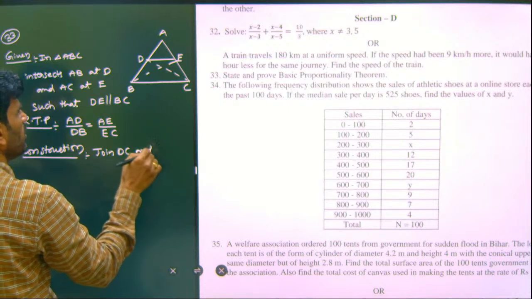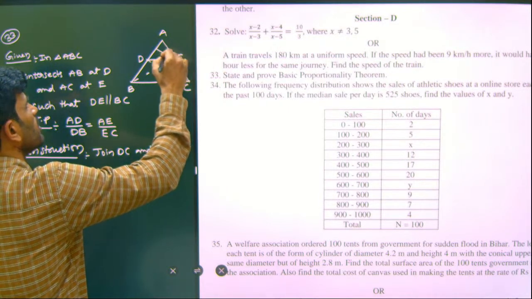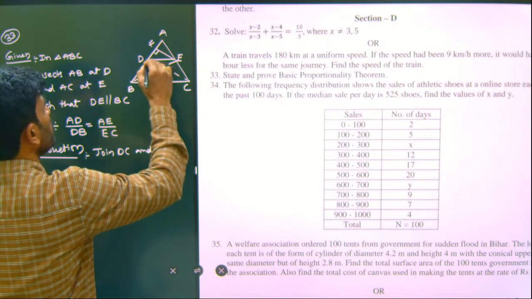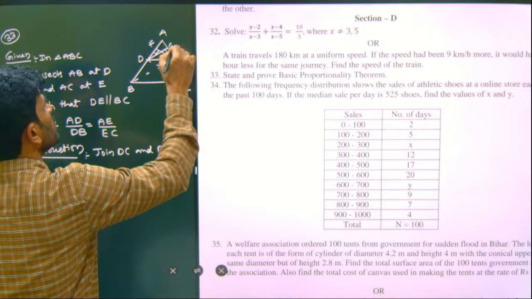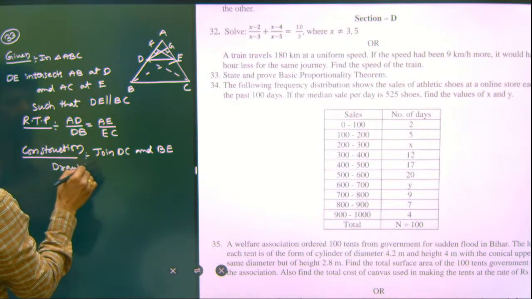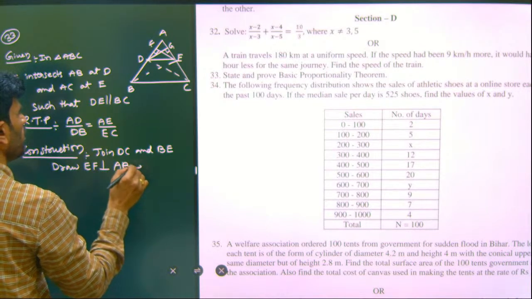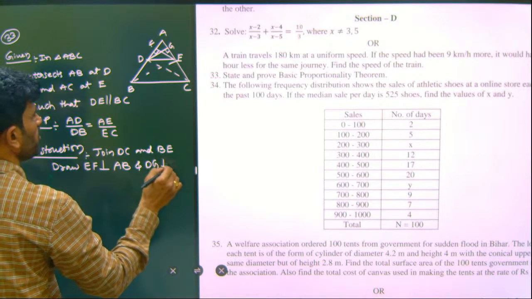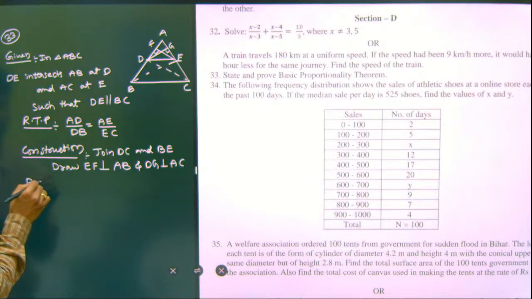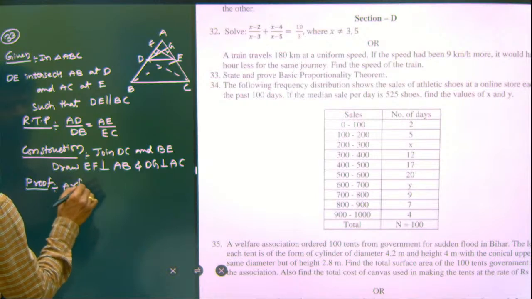Join DC and BE. Then also draw EF perpendicular to AB and DG perpendicular to AC. After that, the proof. In the proof, what do we do? We find out the area of triangle ADE